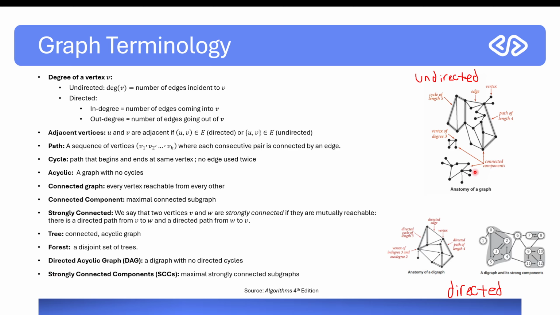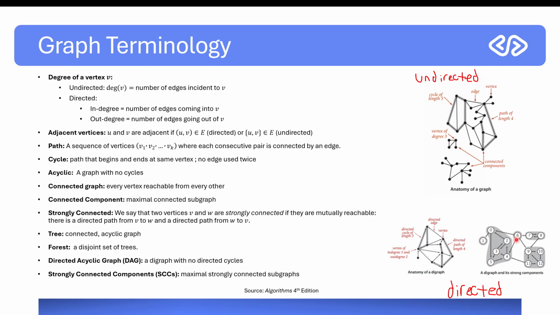So we use the definition of connected components, and then put the definition of strongly connected in front of it, and that's the definition of a strongly connected component. So now we're at digraphs here. The connected components part is the maximal connected subgraph part. But strongly connected